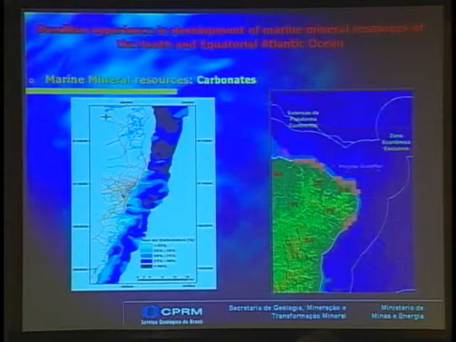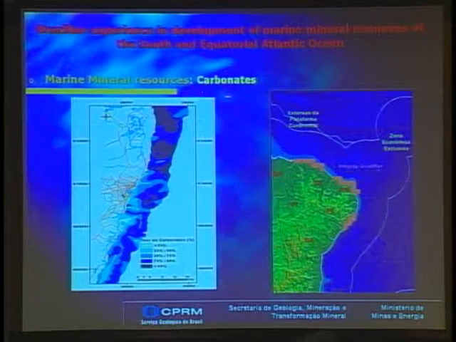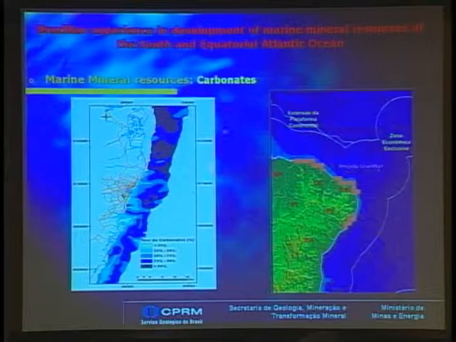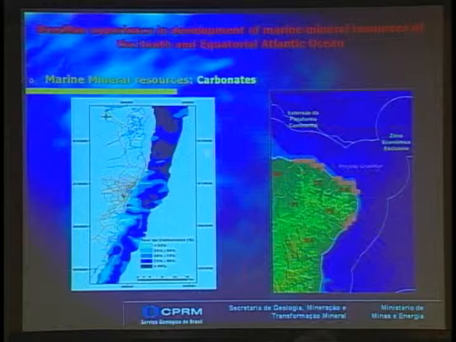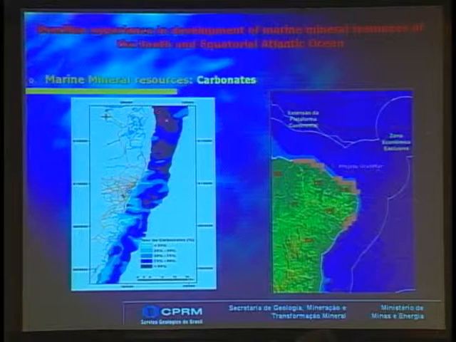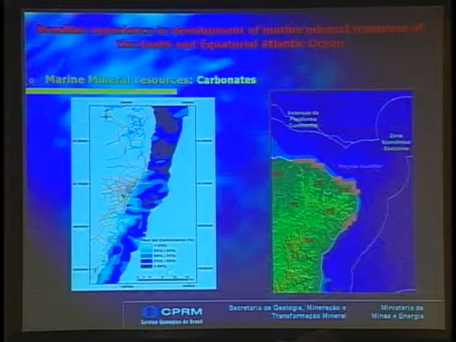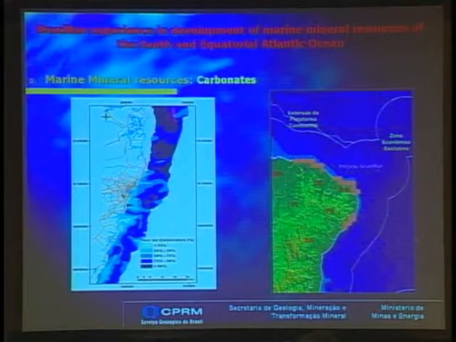The same project is also trying to locate the carbonates. We have lithothamnium, we have other kinds of bioclastics, and the map shows the percentage of carbonates. We have areas where the content of carbonate is higher than 96%.